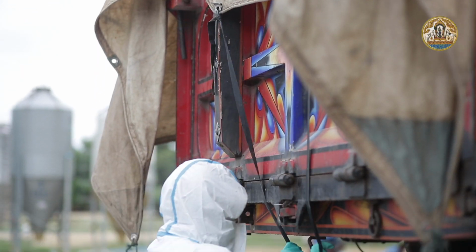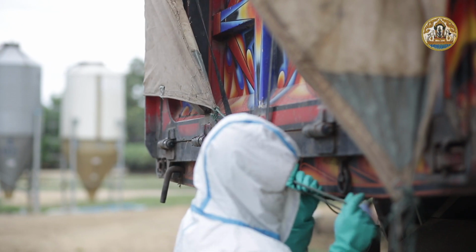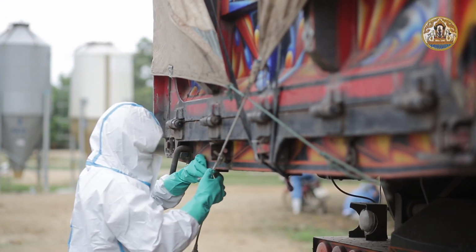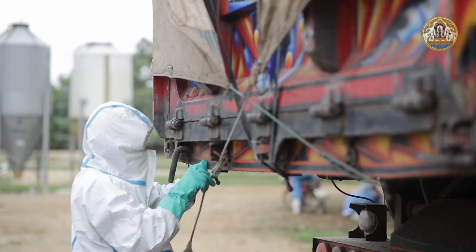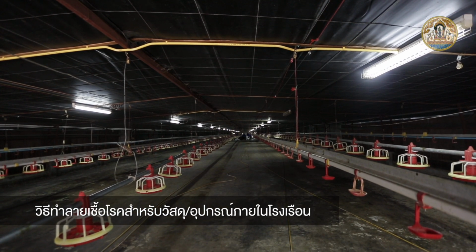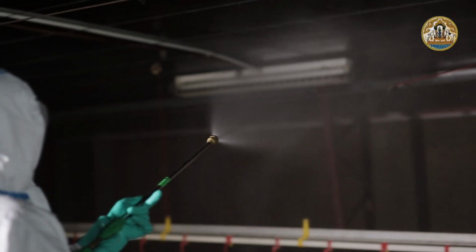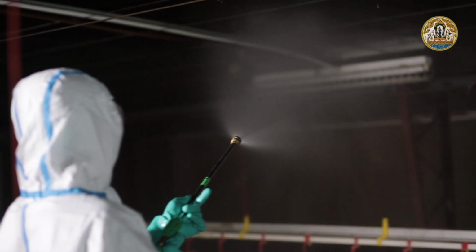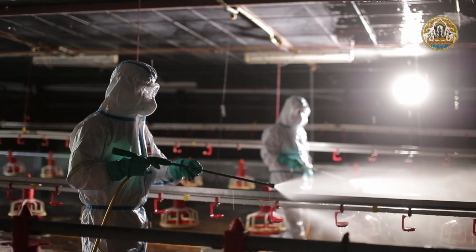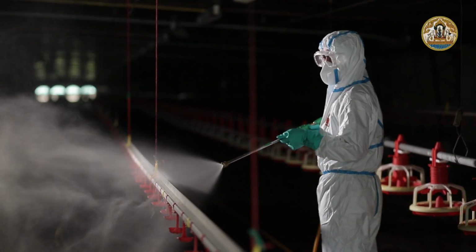In case no feces are collected, pour water on the feces all over the poultry house. Water usage is at the ratio of 3 ml per square meter. Disinfection for materials and equipment inside the poultry house. Spray the disinfectants throughout the poultry house from the top to the bottom area. Leave the disinfectant for at least 30 minutes before removing any materials,